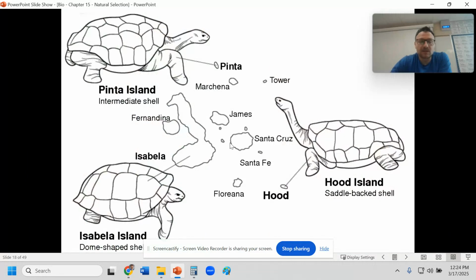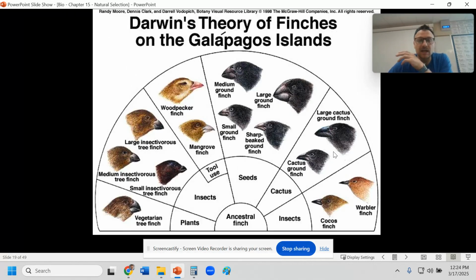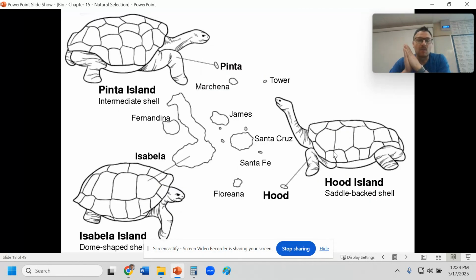The really cool thing about these tortoises is they are a little bit different on each island. You can see here, each island has a species on it that just appears a little bit different, whether it's their shell size, their necks, or their size in general. Each island's organisms are a little bit different, and it's because, well, I don't want to give it away, but basically the populations on those islands evolved differently than those found on different islands because their environments were a little bit different.